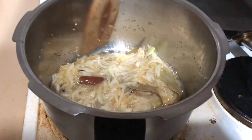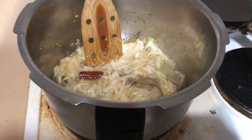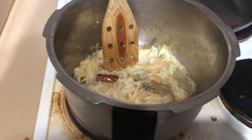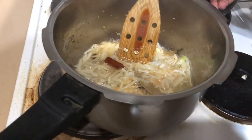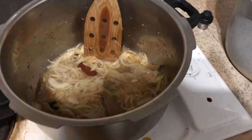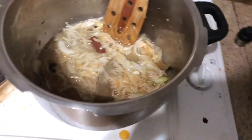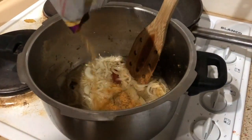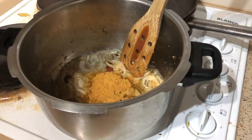Point in time, because there is still some heat in the stove as I'm using an electric stove, I'm moving it away from the fire, and then with the heat in the oil, I'm going to add the biryani powder that I said, just that 2 teaspoons,